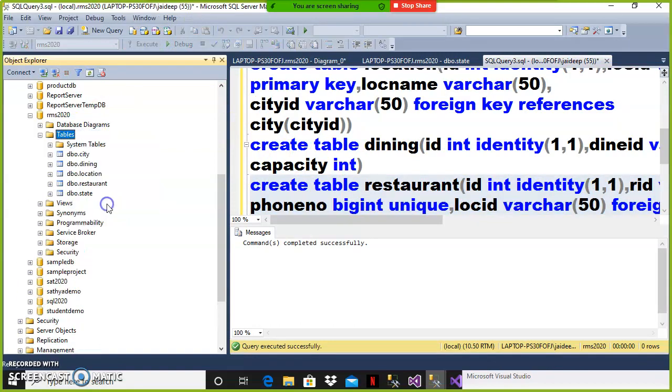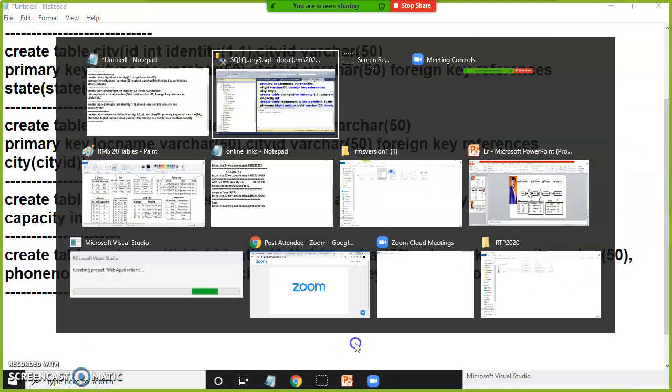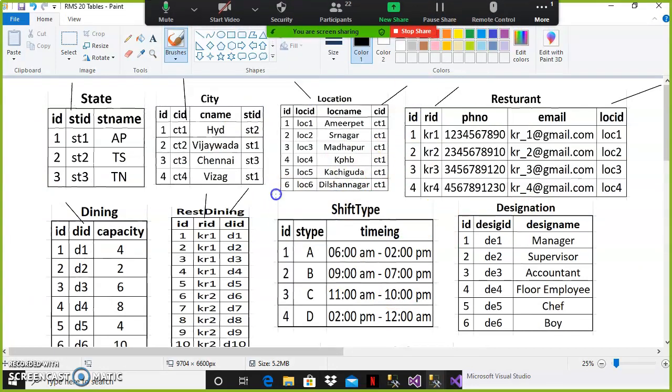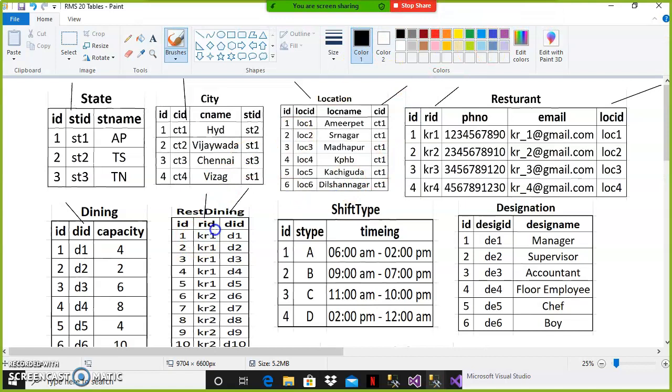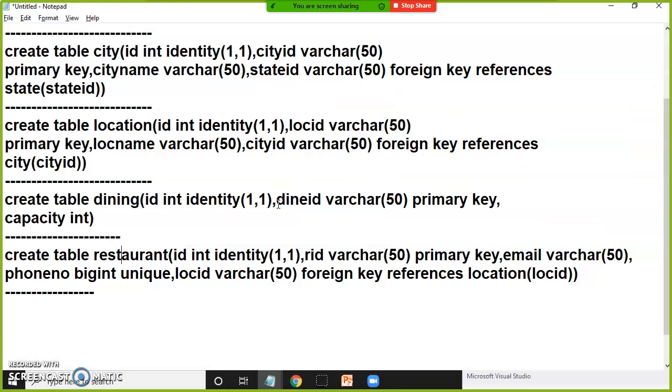To make things faster, I'm showing you. And similarly, now I will create one more table. I will write the query. You see, I have one table with the name restaurant dining table, because we need to assign this dining to the restaurant. So in restaurant dining table, restaurant ID is foreign key, dining ID is foreign key. For the combination of columns, I'll apply composite primary key constraint. So let us see how to apply that.